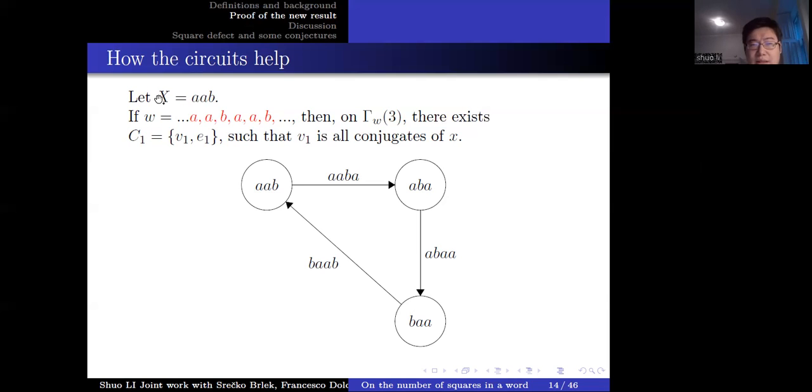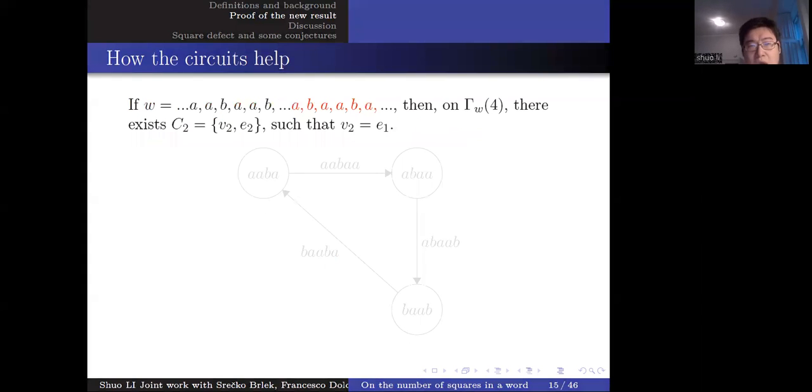So in our case, if we let x equal AB, then we can find this secret on the graph gamma 3. And so the word x square can be associated with this secret. Well, if there exists another square factor of w, y square, such that y is a conjugate of x,